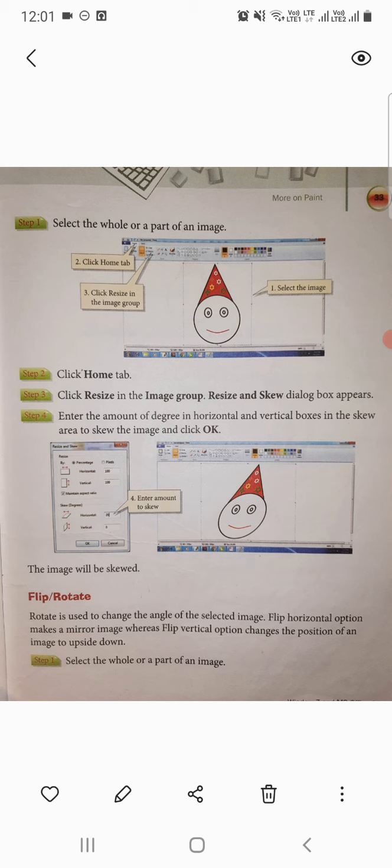Under the flip option you will find two kinds of flip options available: flip vertically and flip horizontally. So you can use these rotation and flip options in the Image group.